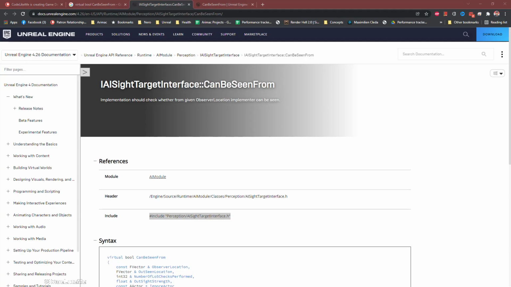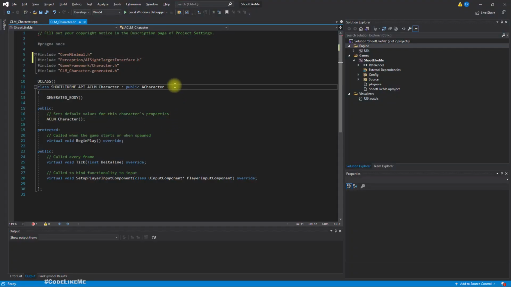So what we can do is add a comma here, public IAISightTargetInterface. Okay, now that we implement this interface, we can override this function